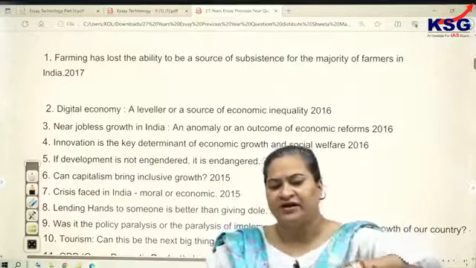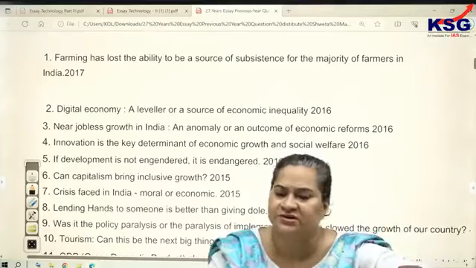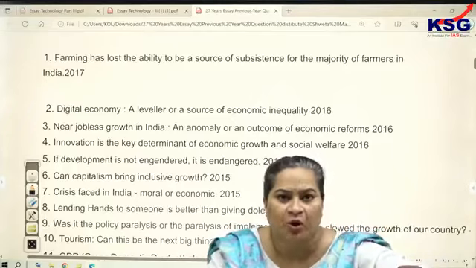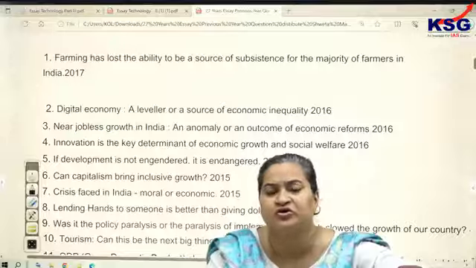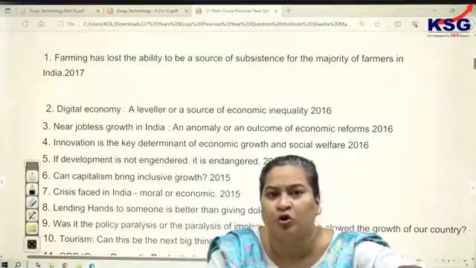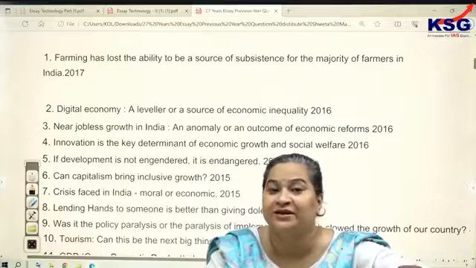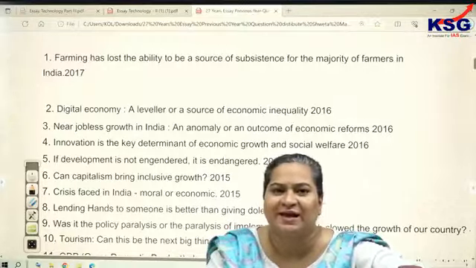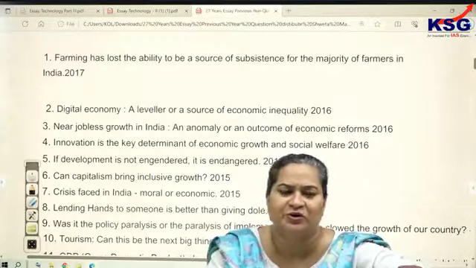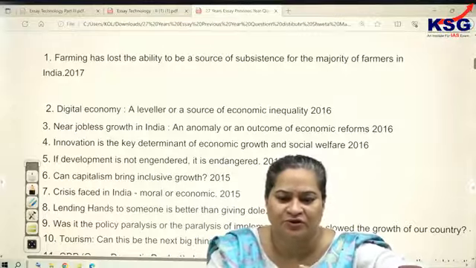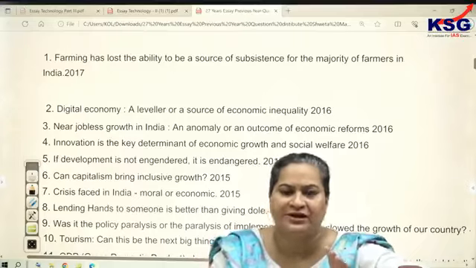So if you know an idea but you can't recall the right set of words, start working on your vocabulary, because there will be hundreds and thousands of competitors in this exam who will not have that problem. This is competition, my dear. Anything which is pulling you down should be worked upon. This can happen in GS also, or in optional also, that you know the content but you're struggling with the language. Then how will you cope with all the other papers? Essay is just one of them, because this question is symbolic of all areas, not just essay.